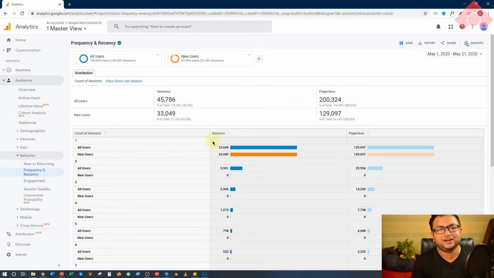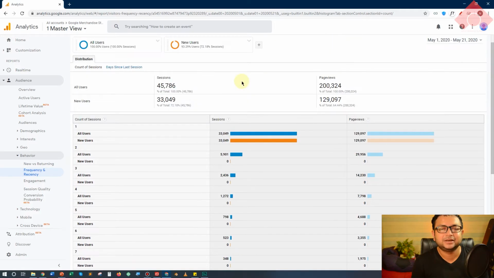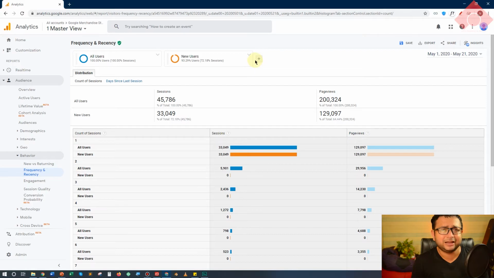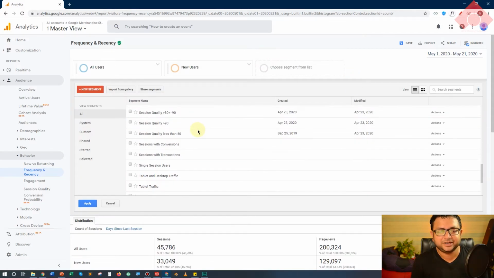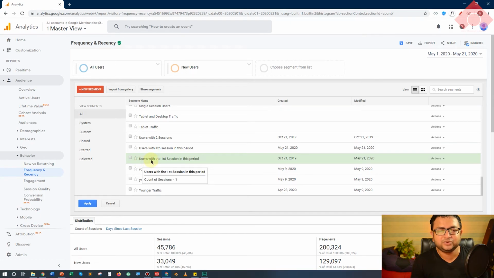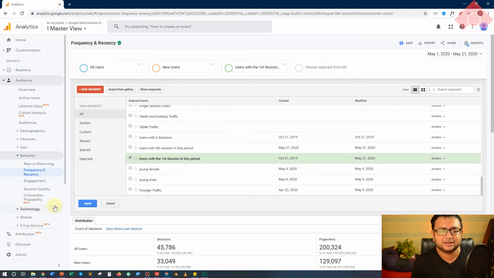Now, we had already selected a new users segment over here, for which we had this data. Let's select one more segment. I will explain this segment to you because I have created it myself. It's a custom segment. Let's click on plus. I had created a segment over here with the name users with the first session in this period. Let's select this, and let me tell you what this segment is.